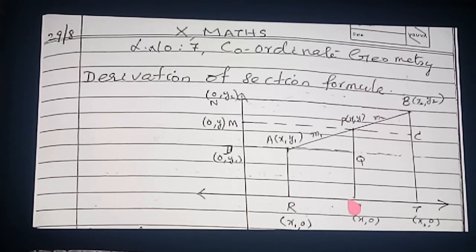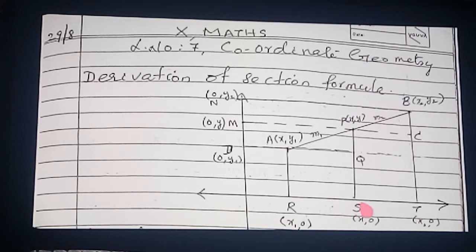You studied a formula in the previous videos on how to find the distance between two points on the x-axis and y-axis. Here these two points are on the x-axis, therefore RS is equal to modulus. You can apply the modulus, but in your textbook formulas the modulus is not applied, so we are also not applying it. Therefore RS is equal to x minus x1, the number corresponding to S minus the number corresponding to R. That means x minus x1.